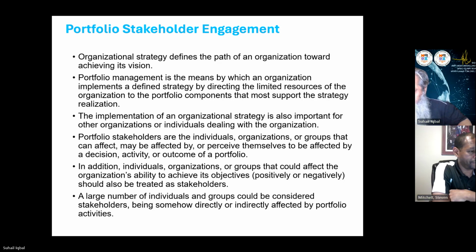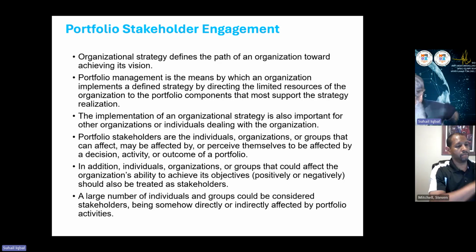Why? Because, for example, I'll give you an example of a smaller thing, a project or something like that. For example, I am trying to construct a school. Who are my stakeholders? If I say it is for the students, so students are my biggest stakeholder. And then the teachers, they are my second biggest stakeholders, right? Then the families of the students, then the people working in the school, right? And then the society at large,